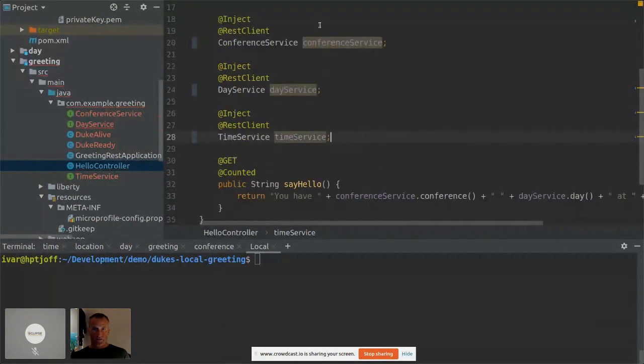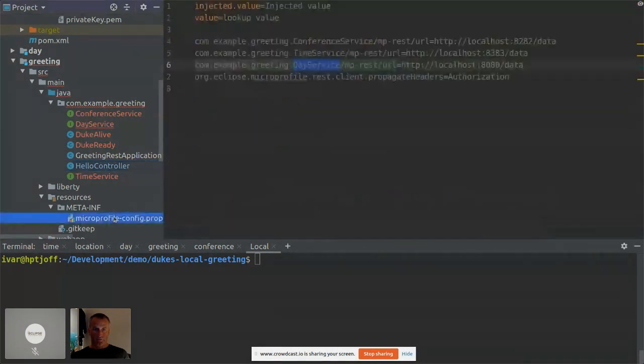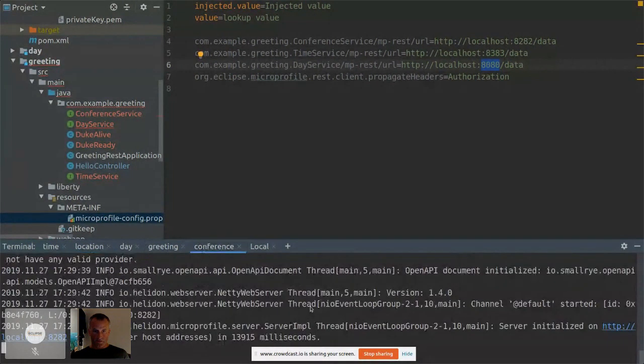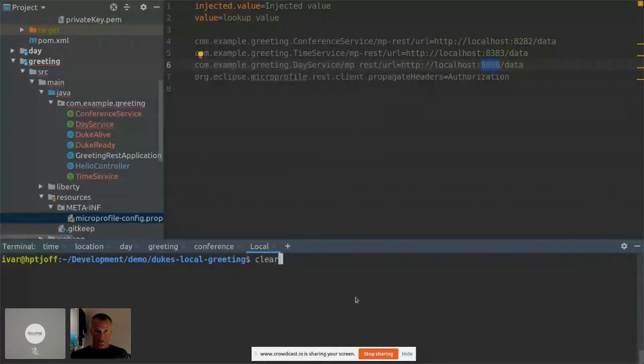So what we've done now is inject endpoints. We created the REST client for all these services, and we've configured them here so that they are running on 82, 83, and 8080. We have checked that the location service is up and running, the conference service is up and running, and if we call the conference service,